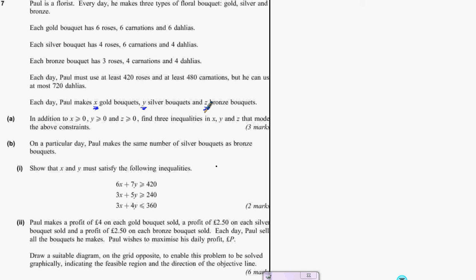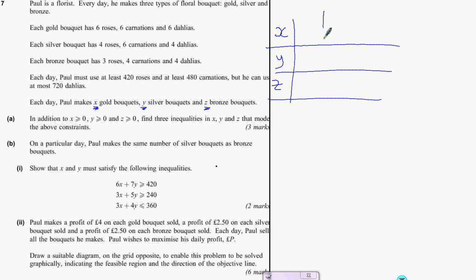First thing you've got to do with any linear program is read the question completely, start at the top, work your way through. If you can work out some of the inequalities or constraints as you work your way through, because it's asking you to set up the inequalities and constraints, then do. If not, if you think it's a table, then just wait. Make sure you use the right variables. In this case, it's X, Y, Z. So I'm going to start with my X, Y, Z and set up a table